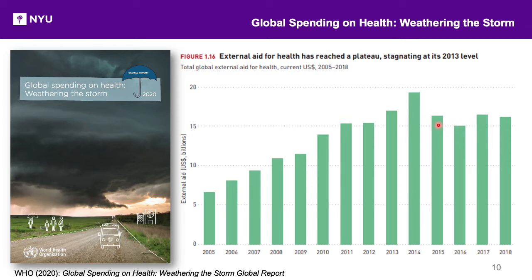So from 2015, global spending has remained at a little bit around $15 billion in US dollars and has remained relatively stagnant around that amount since 2018. So we have basically lost a significant amount of ground in terms of funding, where it was highest in 2014. In fact, we have lost a lot of funding in the global health sphere.